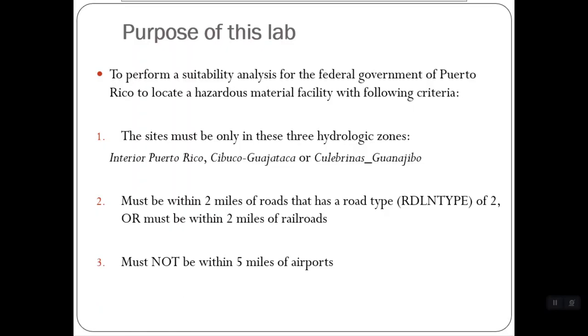Another criterion is that the site must not be within 5 miles of airports. It has to be at least 5 miles far away from airports, and also the site must not be within 10 miles of dams. It has to be far from dams, at least 10 miles. So based on these criteria, we're going to find a suitable area to establish a hazardous material facility in Puerto